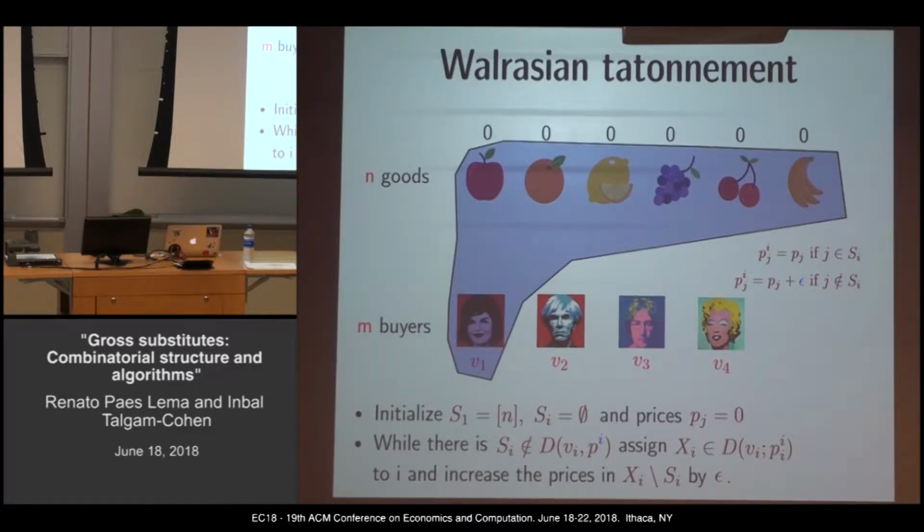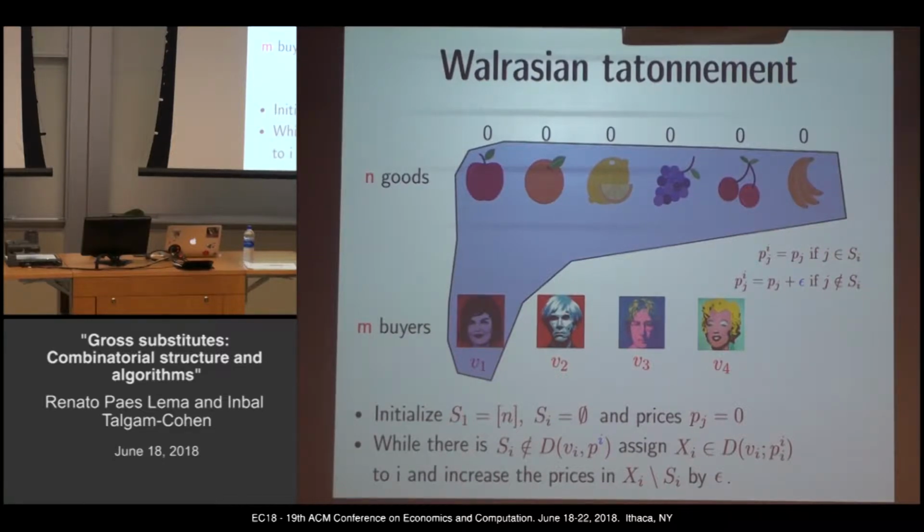So let me tell you formally what it is. There will be a global vector of prices, P1 to Pn. And I will slightly personalize the prices, where P_i is the prices that buyer i can choose from. This is just to make the analysis easier. You don't really need that. But if you are currently holding an item, so if j is in your set, to keep the item you just need to pay Pj. But if you don't have the item, you need to pay Pj plus epsilon, some small epsilon, to acquire it. So that's P_i.